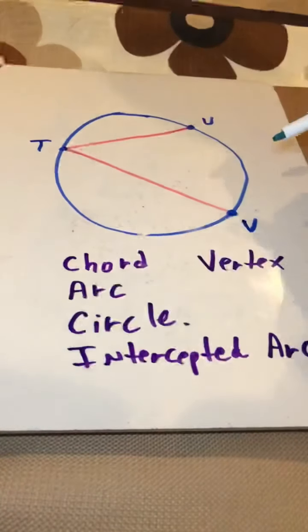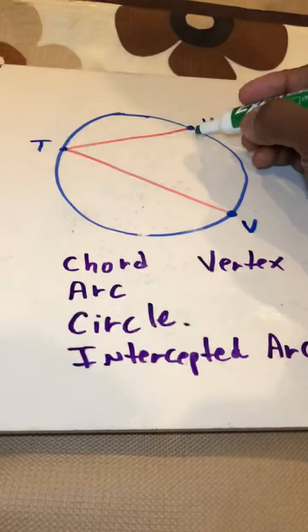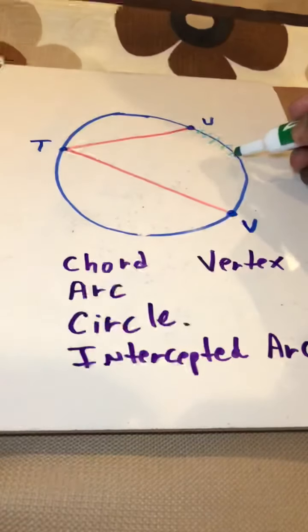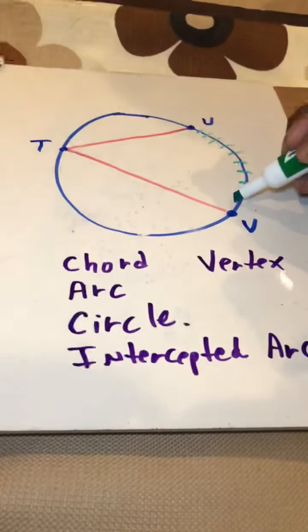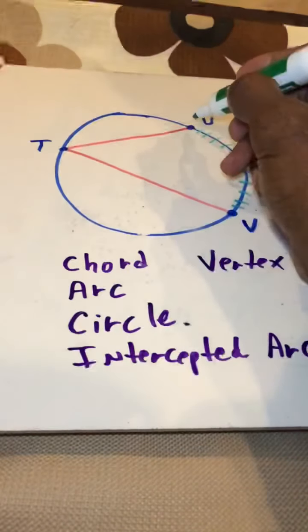And this is just a review. You guys already had a lesson on major arc and minor arc, and I'm just going over it again before I get into inscribed quadrilaterals. So the intercepted arc, I'm just going to do little lines like this, okay? This is actually the intercepted arc. So these two chords, if I extend it